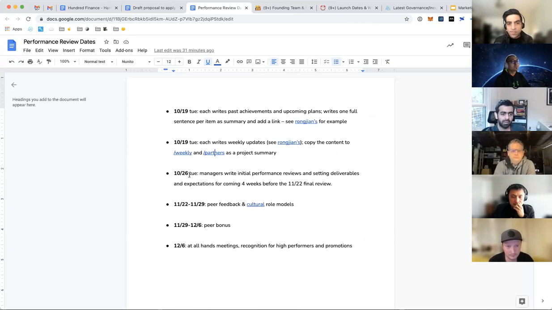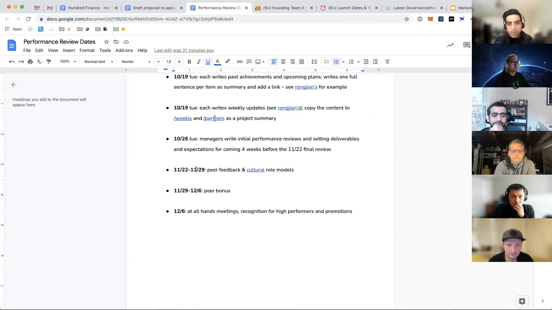On the 26th, managers will need to do some extra steps. Again, I'll reach out to you about that. But the goal is that our peer feedback flow will start from the 22nd of next month. It'll go for a week. There'll be a template. I think some of the veterans here are already very familiar with all of this. It's the newbies that haven't seen this before. But when we get closer to those dates, I'll share the actual template with you and provide instructions on what needs to happen here.